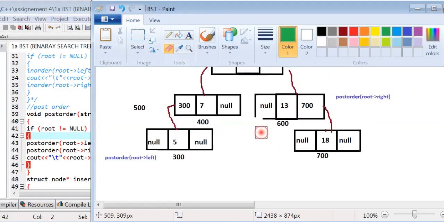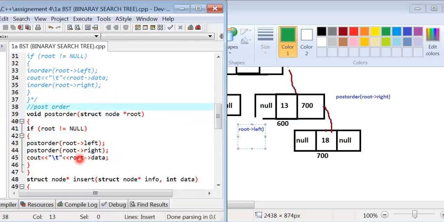Now this is removed. Root left points to this node, and post-order root right.